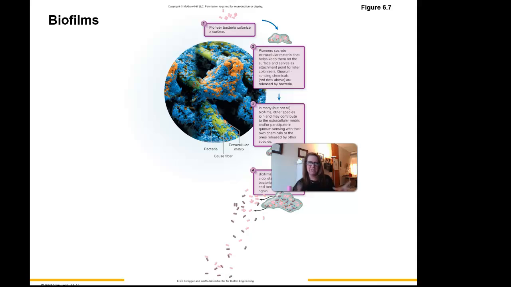So you have this community of microorganisms, and some of them can break off and colonize new surfaces. But when they're in the biofilm, they're actually somewhat protected from immune systems, from breakdown from acids, and so on. So biofilms are incredibly interesting and create a big problem